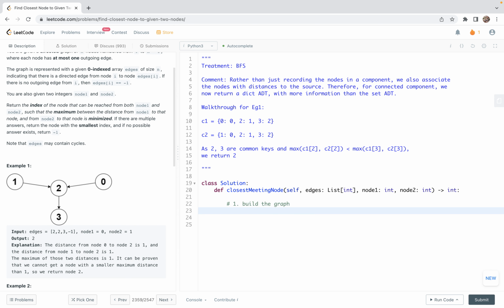So for this, I'm going to use collections default dictionary. So I'm going to use node and their neighbors. For storing their neighbors, I'm going to use the container set, right? And then we're going to iterate over the edges. So for start and end in enumerate